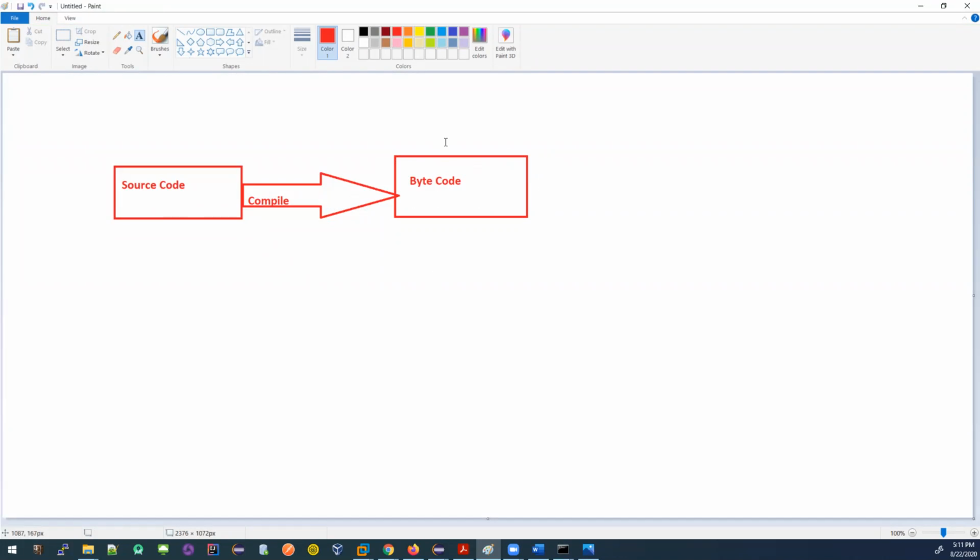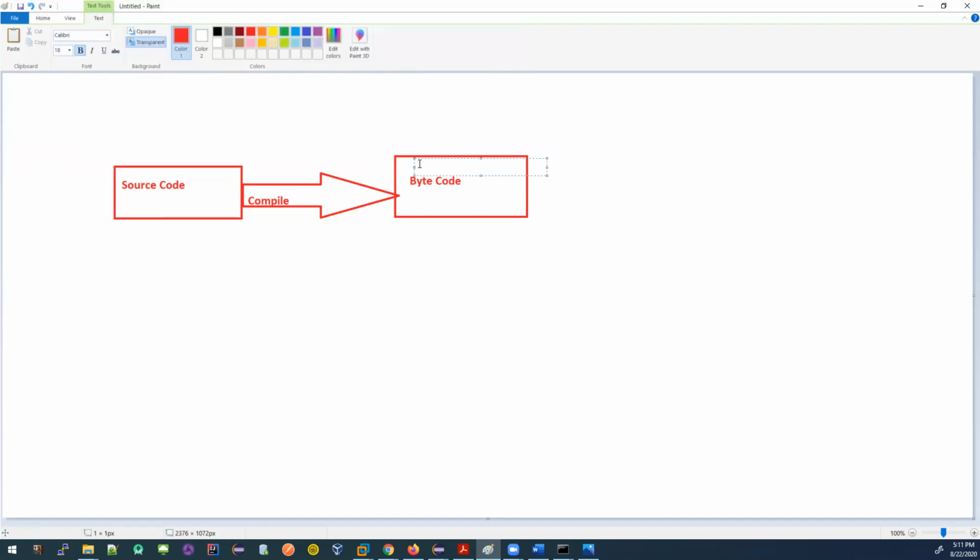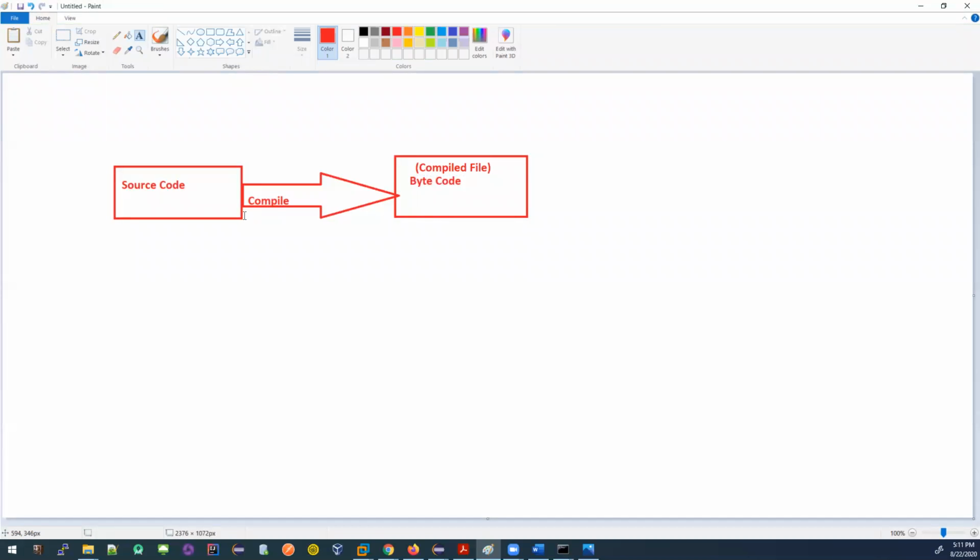So this is a compiled code, right? We get a compiled file. Whatever file we are compiling, after that, whatever file we are getting, we call it compiled. So we have the bytecode here.